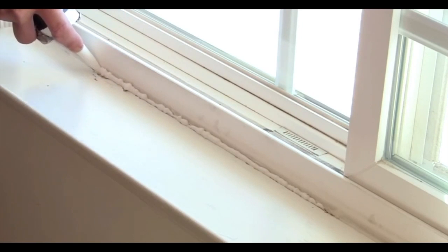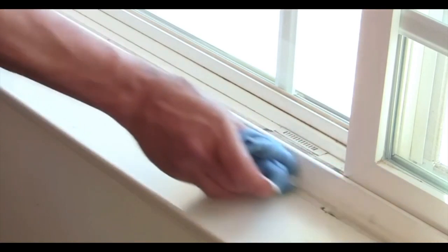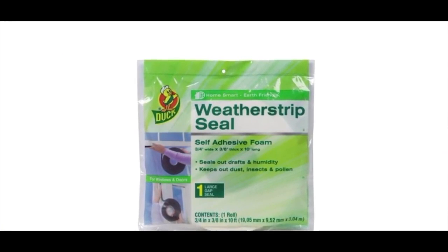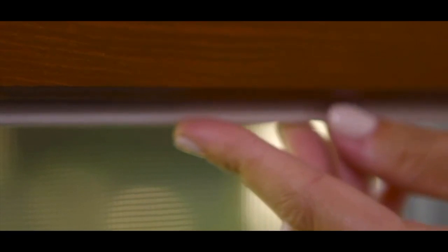There are a couple of ways you can go about this. The easiest way is by using noise-proofing caulk around the window to reseal it. This type of caulking is very pliable, so it won't crack over time and let noise through. You can also use adhesive tape around the window. It's a self-adhesive seal strip that is very easy to install. I like how it can also endure about any type of weather, and you can simply cut it to fit